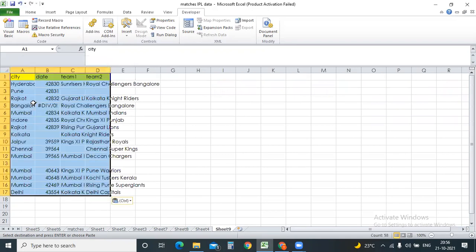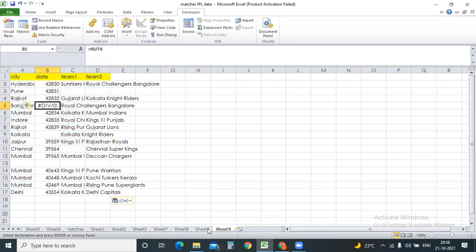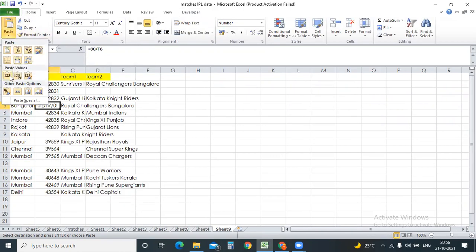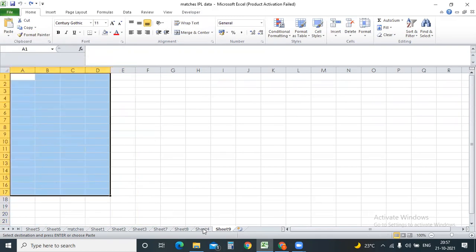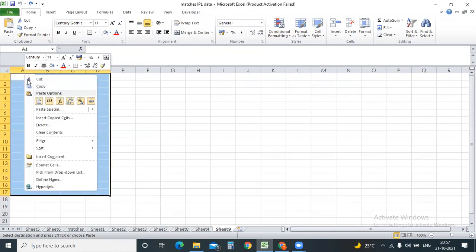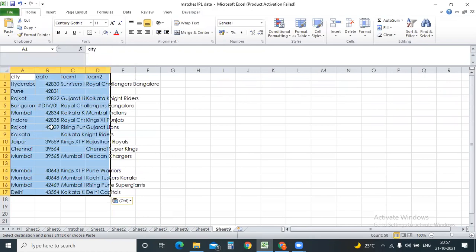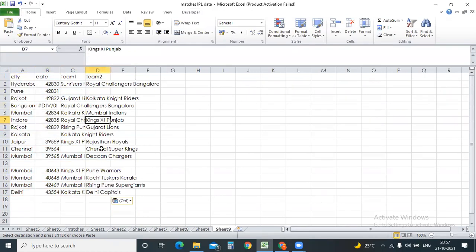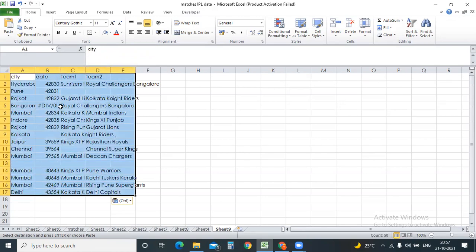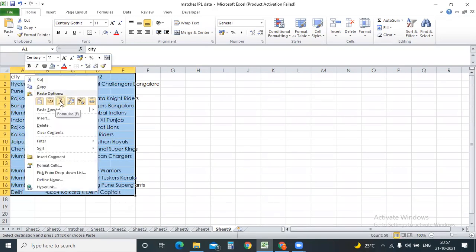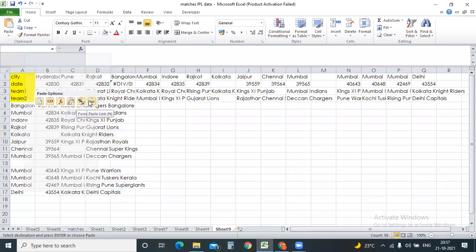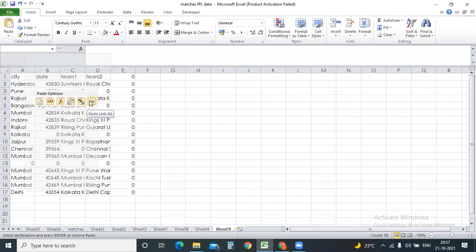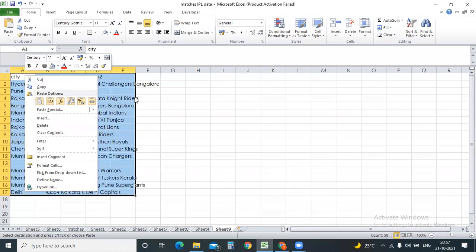If you click on paste, whatever the data is over here, it will be pasted over here. Now if I paste as formula values, sorry, I put in a wrong value. Control C, right click, paste as numbers. All the formulas will be cleared out, and no formulas will be carried forward. If you right click and choose formulas, whatever formulas were there earlier will be copied over here. If you want to change rows and columns, you can do it here. If you want to copy the hyperlinks, you can click it, all the links, everything. If you have any, they will be copied to the next one. This is one of the things.